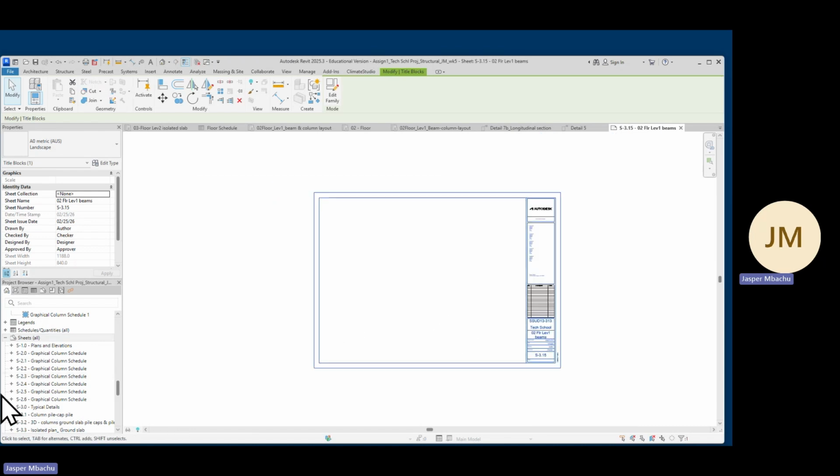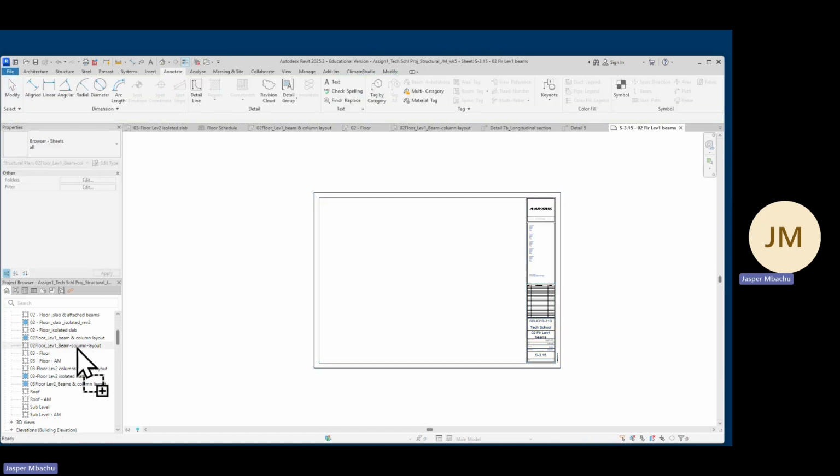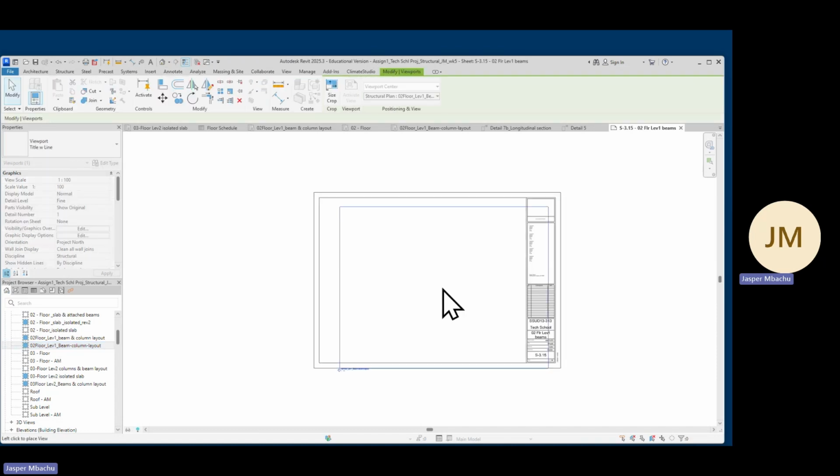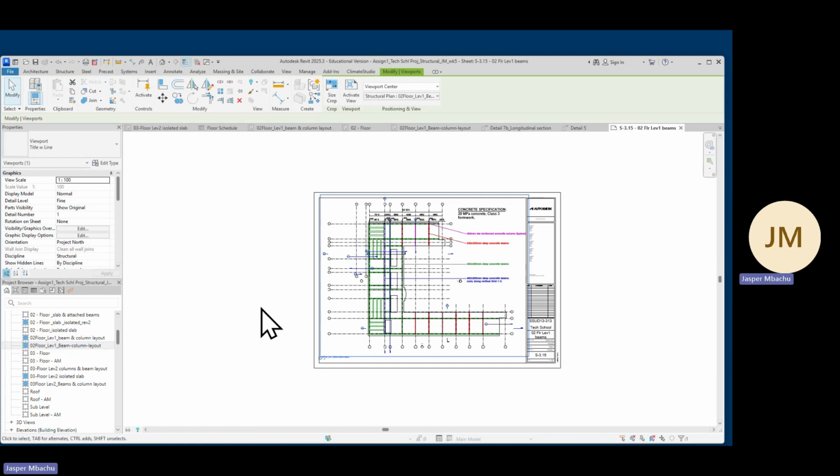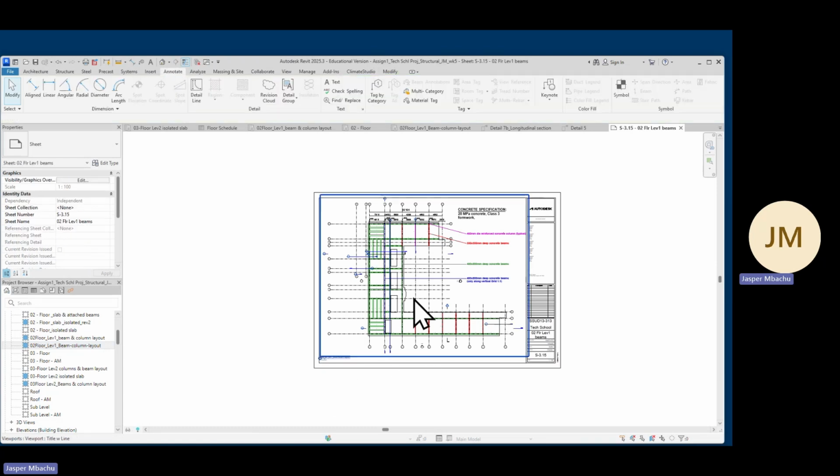with this placed here now, you go back to where you've kept it under floors, isolated. I think it's this one here. I don't know. Drag it and then bring it here and click. And yeah, that should be fine. And then